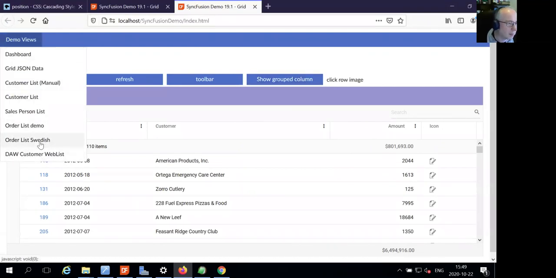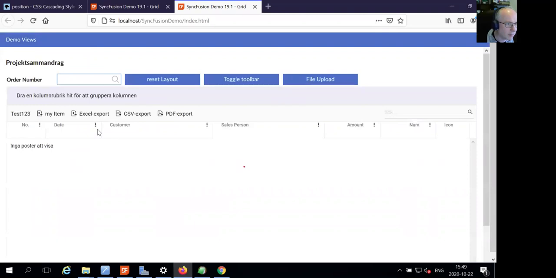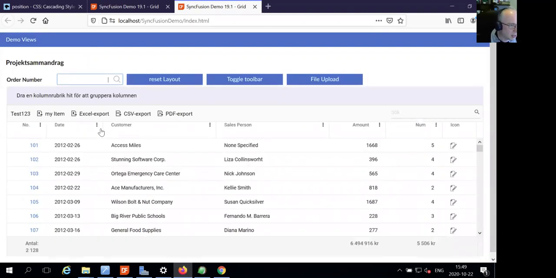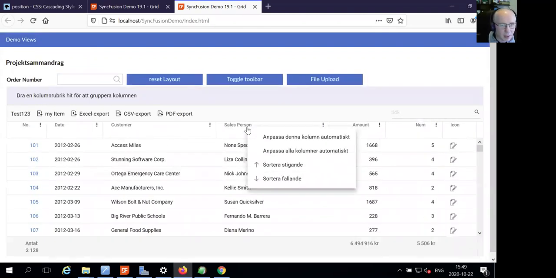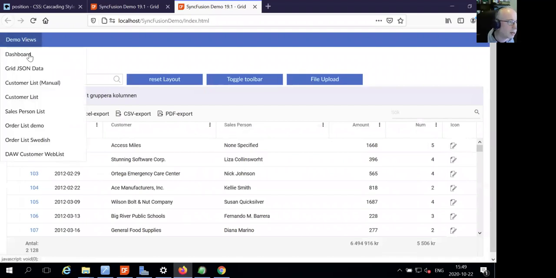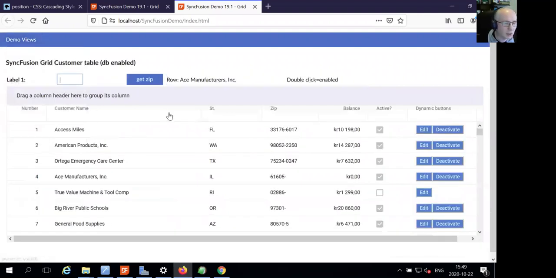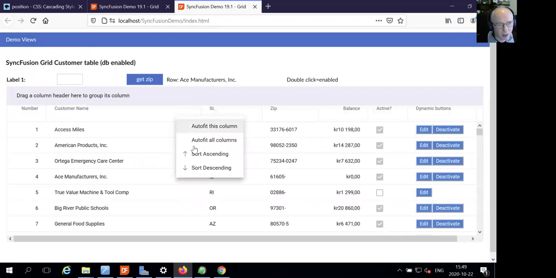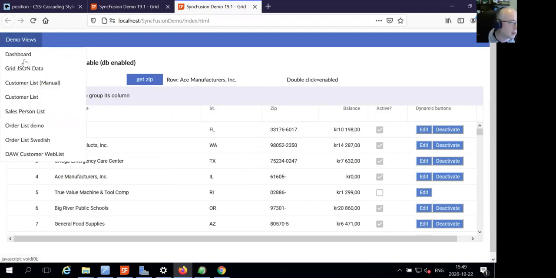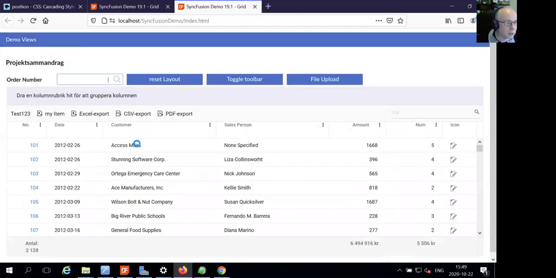Then one of the funny things is that it's actually multilingual, all of it. Right now, as you can see here, all the menu is in Swedish. If I go back to one of the other ones, the menus are now in English. So that can be selected. Back to the Swedish one. What we also have here is that you can see that